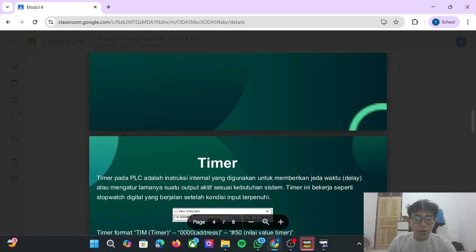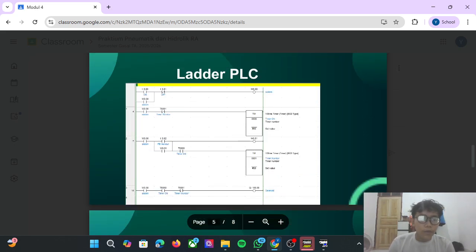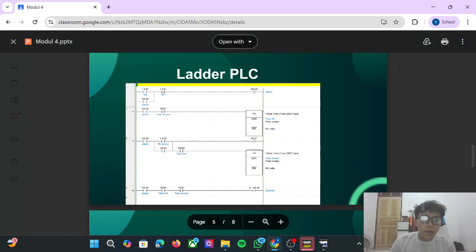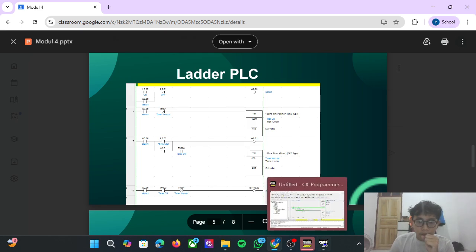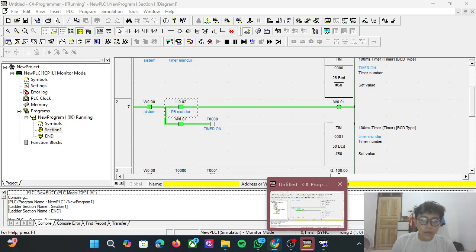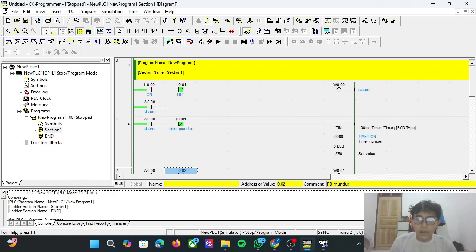In this module, we have an example of ladder PLC. We can create this ladder PLC in a text program. In this text program, I finished creating the ladder diagram, ladder PLC.